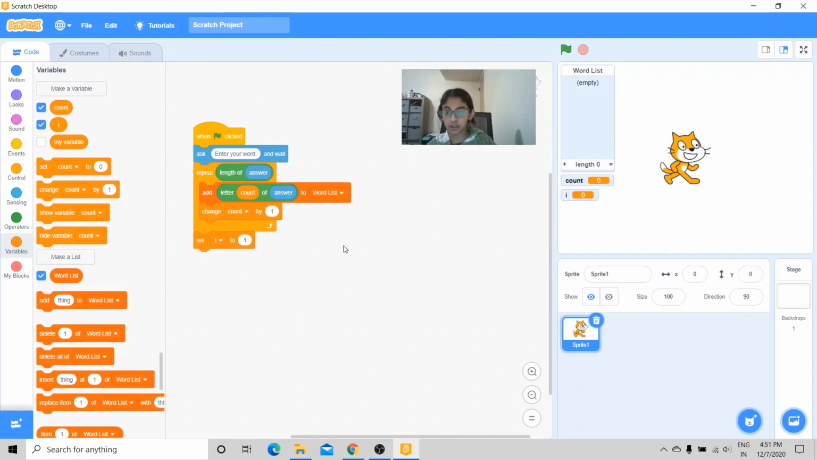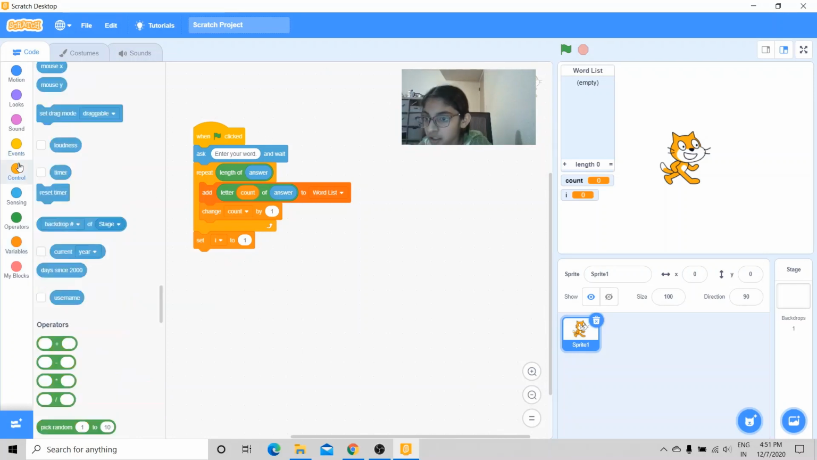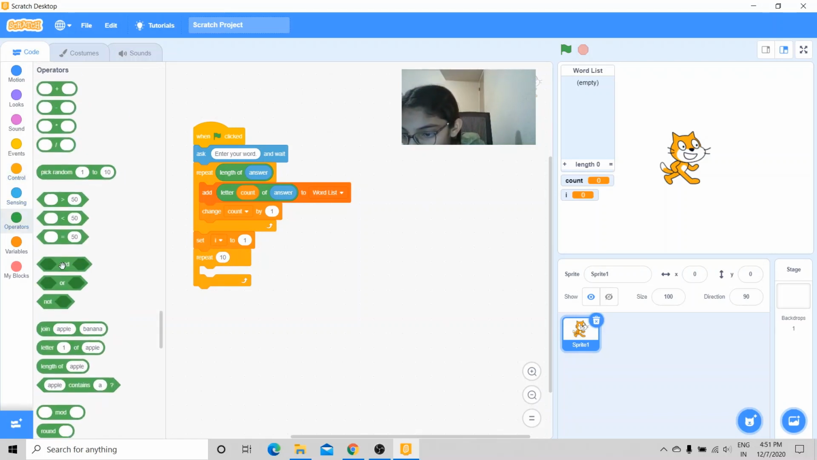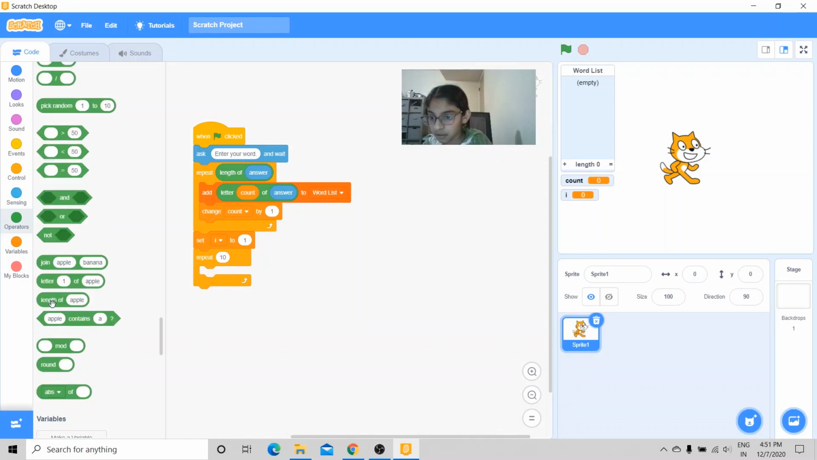Now we're going to get to the second logic, where it'll match the first letter with the last letter, and the second letter with the second last letter, and so on. So we're again going to get a repeat loop. In place of 10, we're again going to put length, and in place of apple,